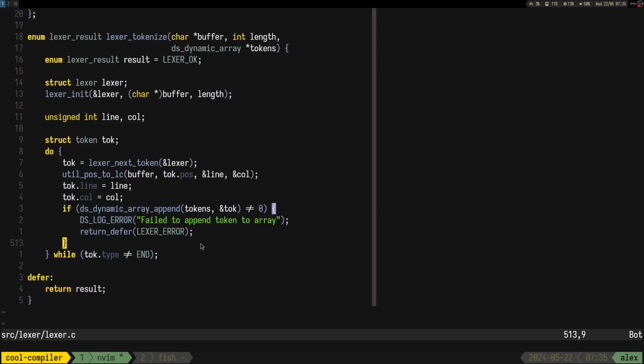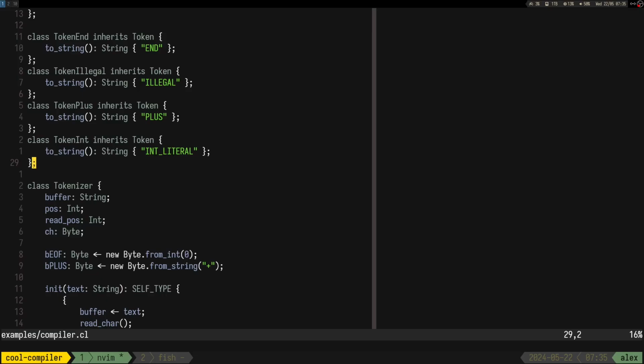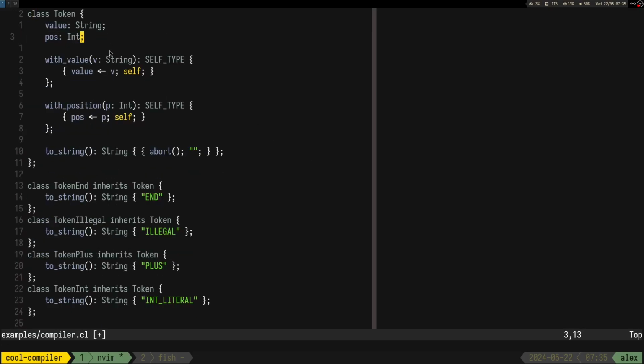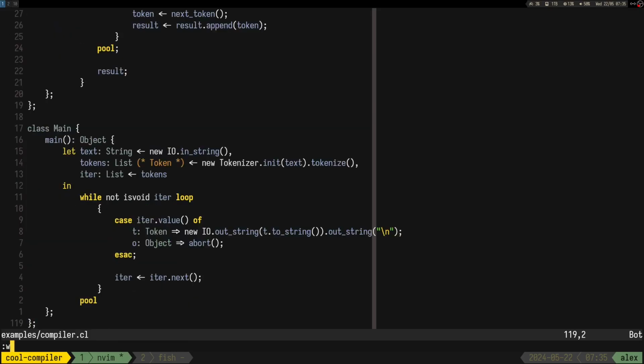Position to LC, that's going to happen at some point, but not right now, so here's what it is.